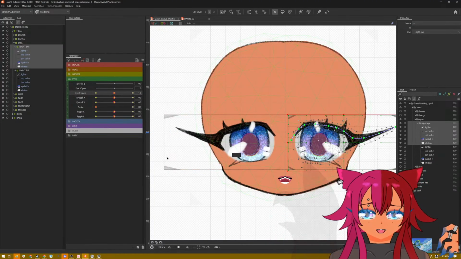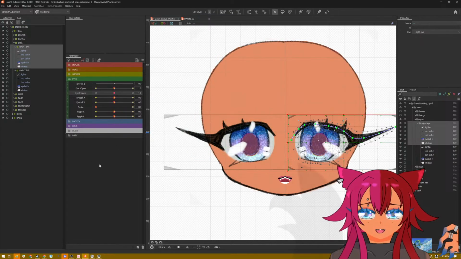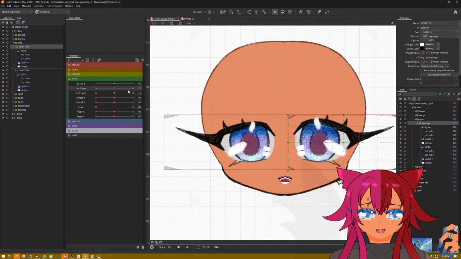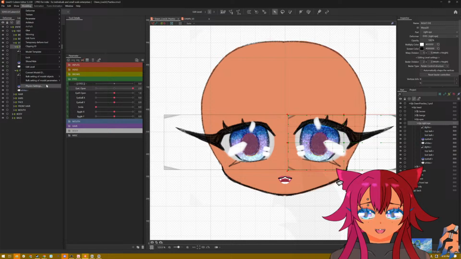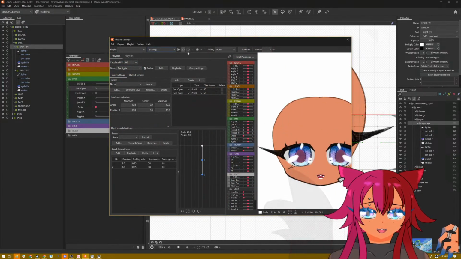And then, while I still have that selected, I'm going to change this to be the left eye. And when I do this, it's gonna be the left eye. Okay. And then, because I reflected it properly, it's going to